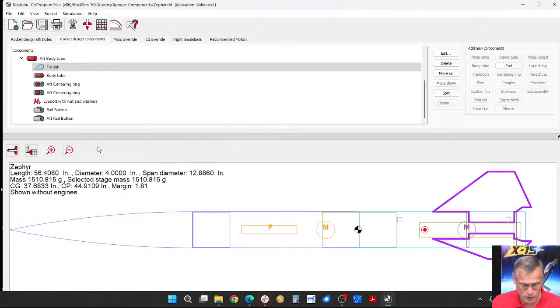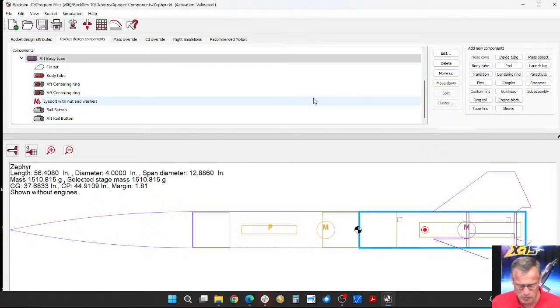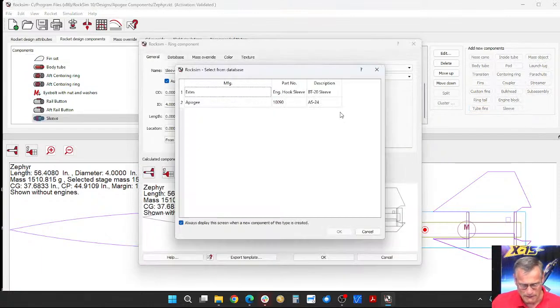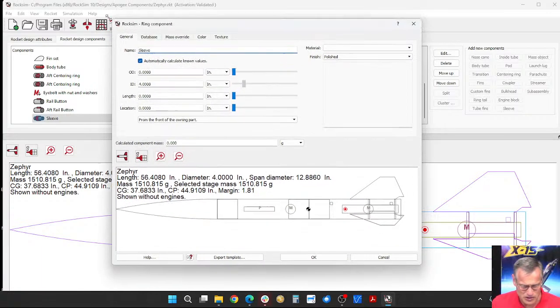It's just one of those things. So again, where am I going to put that sleeve? I'm going to put it on that tube. And then I can select sleeve. And again, it always looks in the database, so cancel out of the database. So this is the sleeve